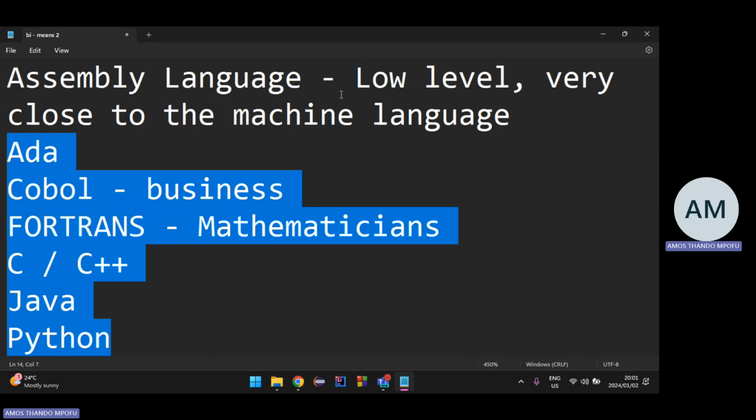So you'd have to know how it works on a Dell. You'd have to know how it works on an HP. You'd have to know how it works on an Acer. You see, that's a lot of work. So this language simplifies that. All you have to do is just write the instructions, just write the statements. You don't have to worry about how the computer is structured, how it's built.